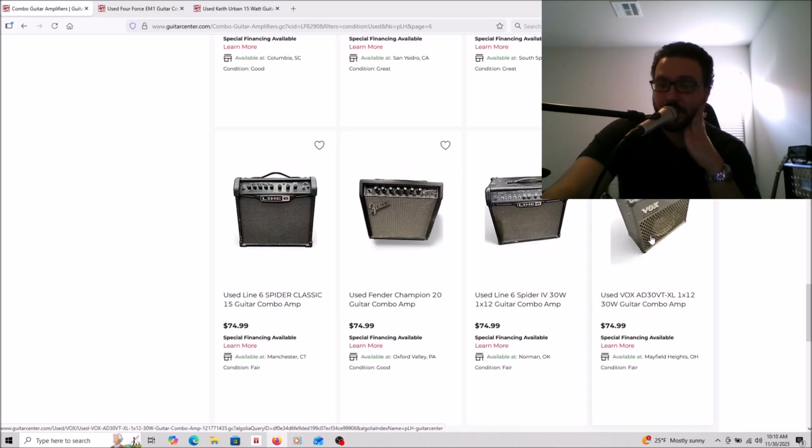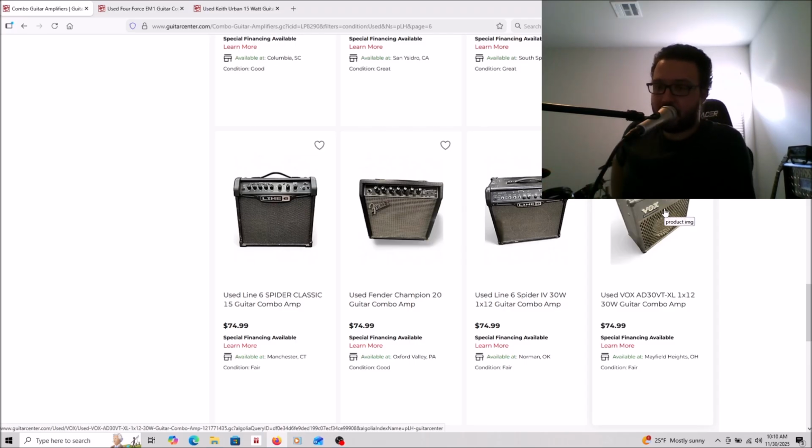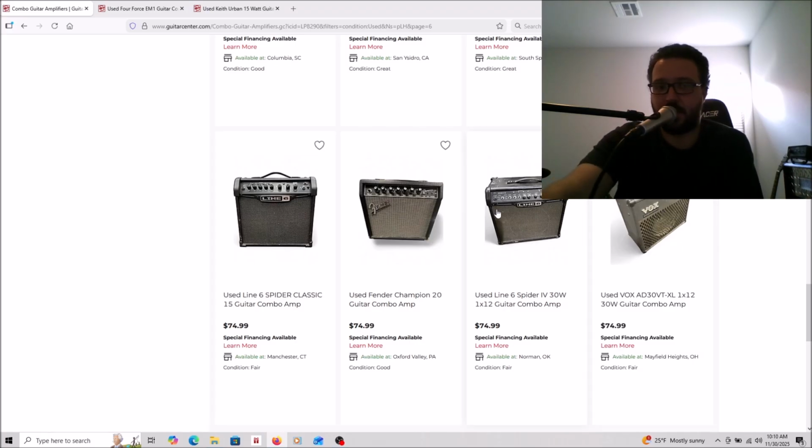Vox, a 30 watt, 1x12. Well, you know, that's to have a 12-inch speaker, even to be 30 watts in solid state. That amp probably moves the most air that I have seen. Oh, actually, well, this one next to it, Spider Classic